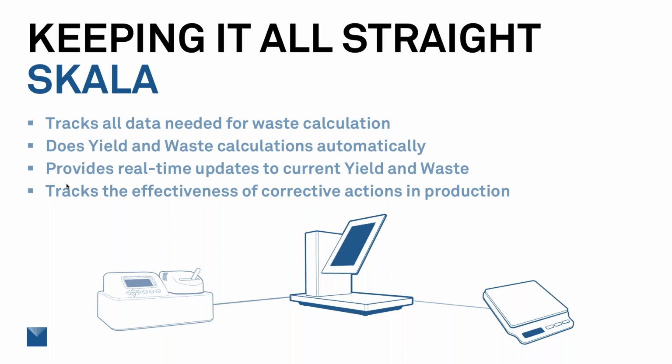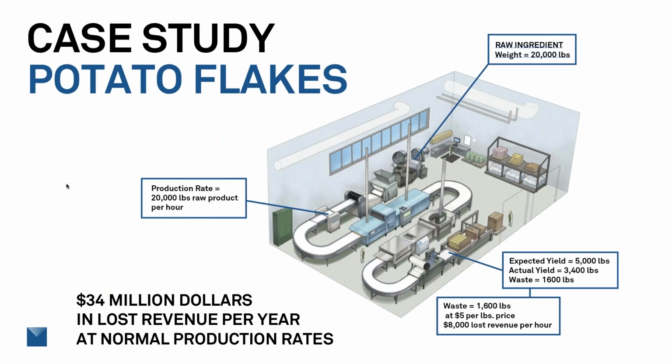It can make it possible to do this assessment of production and to make production improvements that just wouldn't be feasible to do if all you had were written documents. And so just as an example, we did a case study on production of potato flakes. Now keep in mind that this was on a very small pilot scale, and so we're scaling that up based upon the results we saw there. The actual results will vary based upon what your production process is and how effectively you're doing it now.